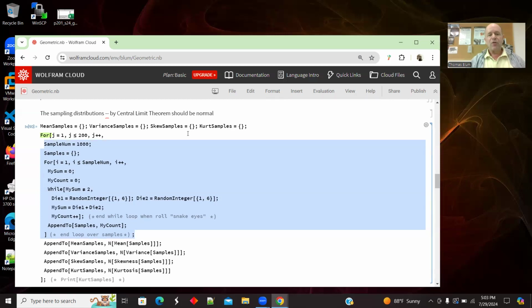So I am getting a distribution of a statistical quantity. So this is a sampling distribution. And although the distribution of the samples of rolling the dice until I get snake eyes is clearly not a normal distribution,